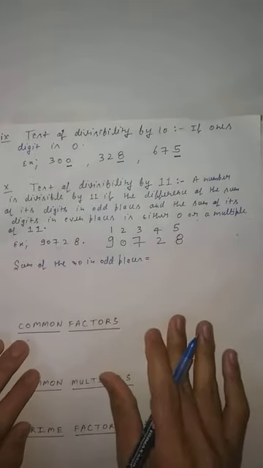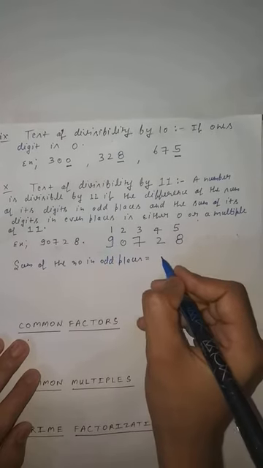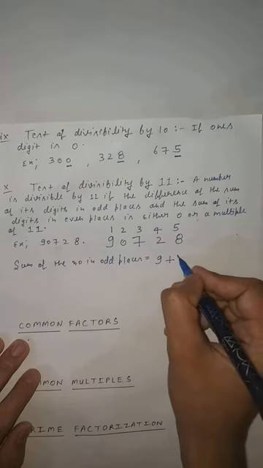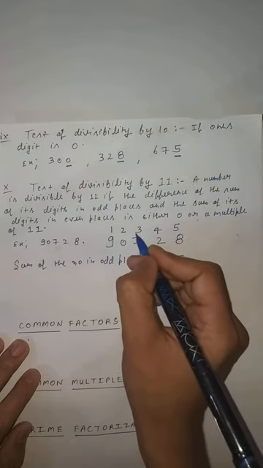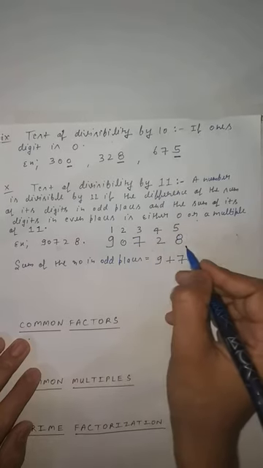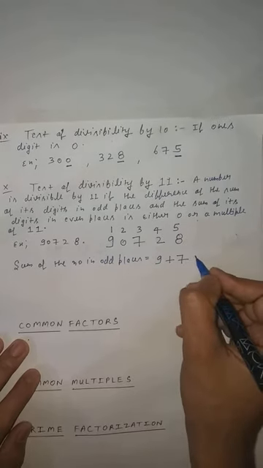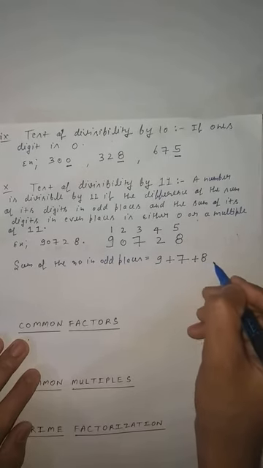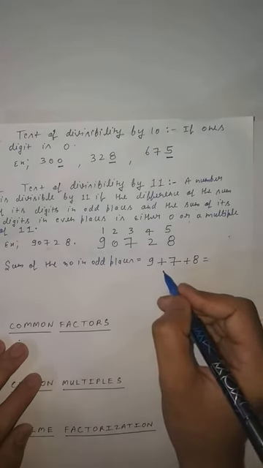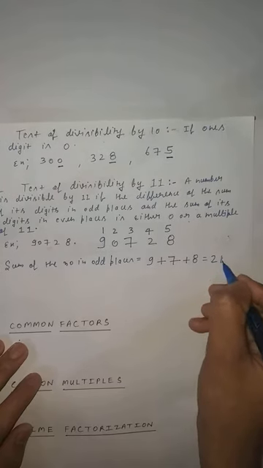So odd places, you will say 1 is the odd place. So what is the number at 1? 9. You will write down 9. Next, 3 is odd, so you will write down 7. Remember, they are 1 2 3 4 5 only, I am giving the numbering. Actual numbers are there. And next odd is 5, at the place of 5 is 8. So what is the sum of this? 9, 16, and 8 is 24.